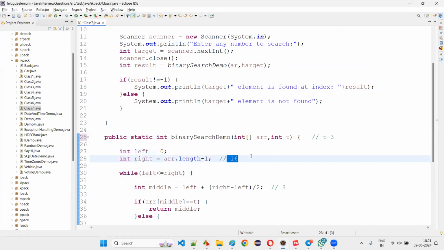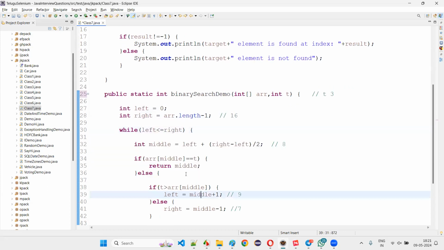Left is 0, right is 16. 0 is less than 16. The condition is true. We'll come inside that. Now we are calculating the middle like this. Middle is equal to left plus (right minus left) divided by 2. Right is what? Right is 16. 16 minus